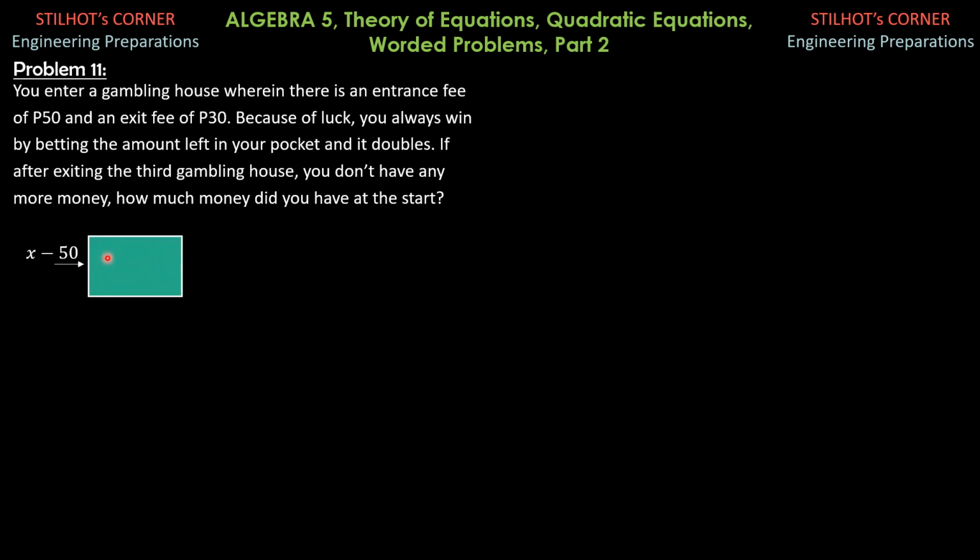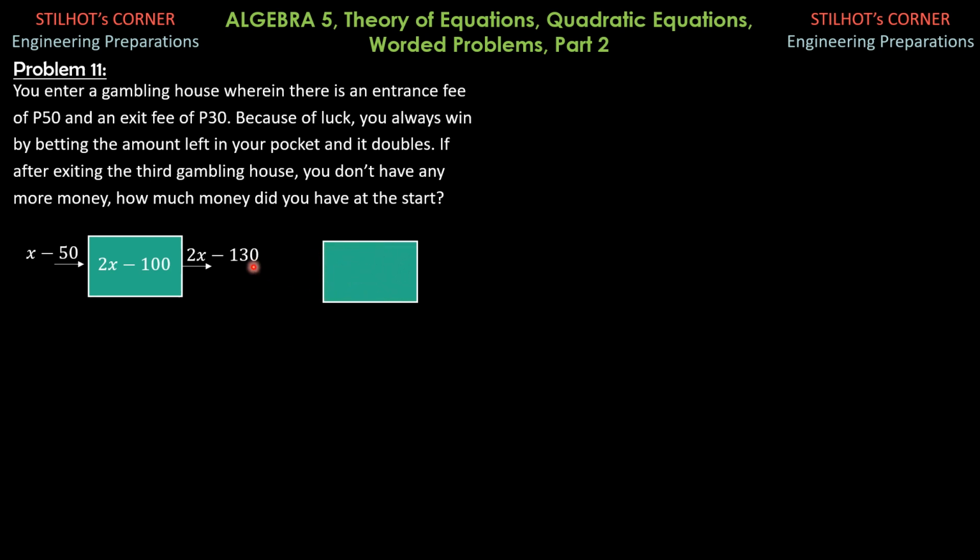Since you bet this remaining amount and you always win, this is now 2 times quantity x minus 50, so 2x minus 100. When you exit, there's again an exit fee of 30 pesos. So the amount in your pocket as you exit is 2x minus 100 minus 30, so 2x minus 130. Then you enter again the next